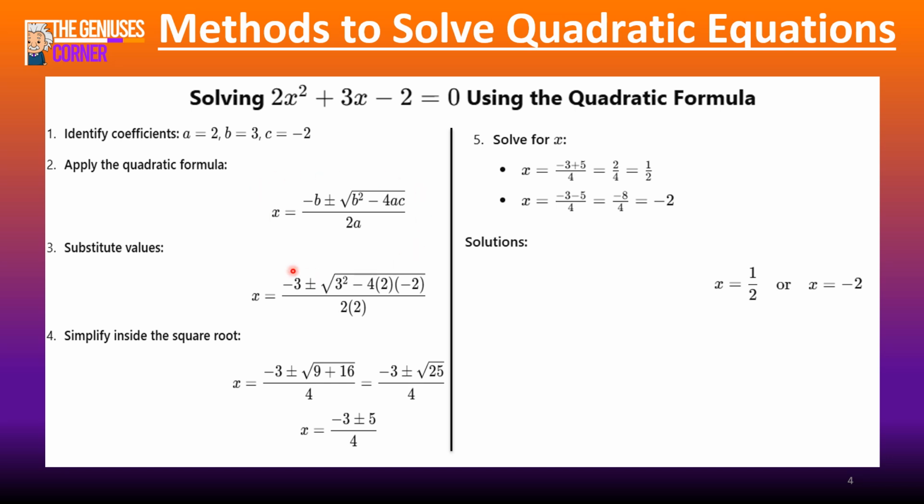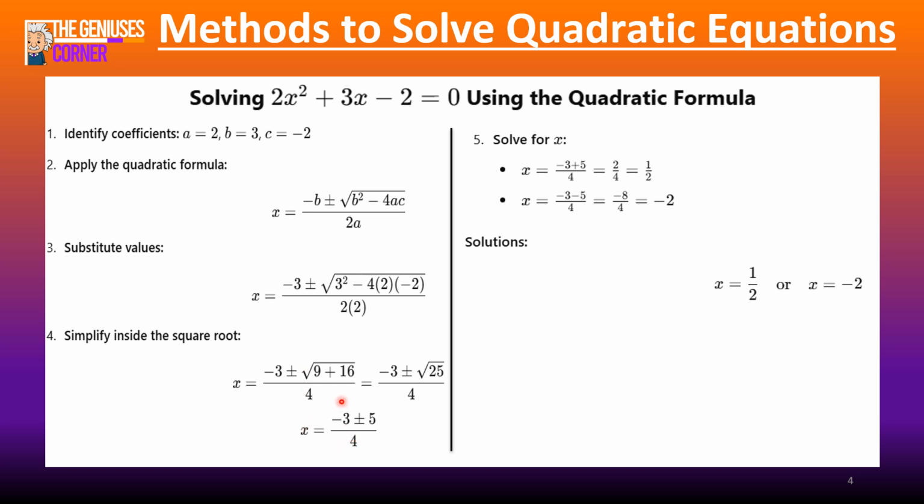So we write down the formula, and it can look very intimidating and very complicated, but it really isn't. You simply substitute your values. Then, very important, when you substitute this, you will simplify inside the root to get a simpler equation, and you will simplify below the fraction line. Then you want to end up with two x values. Very important, that plus minus sign is what's going to give us our two different values.